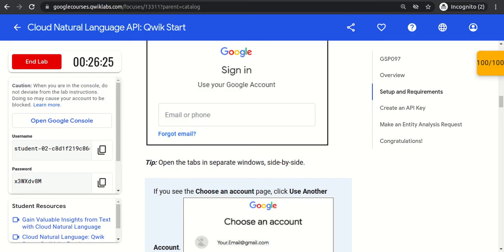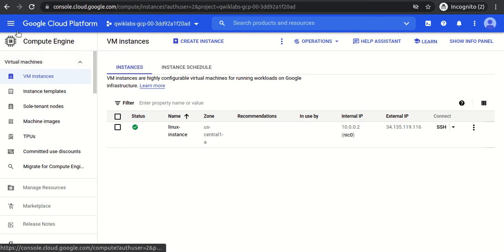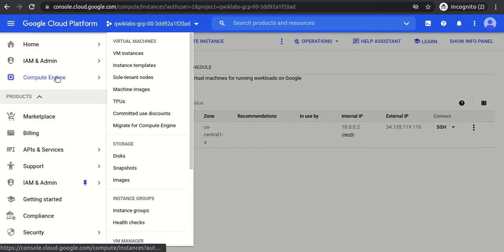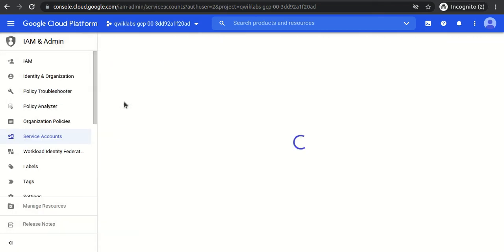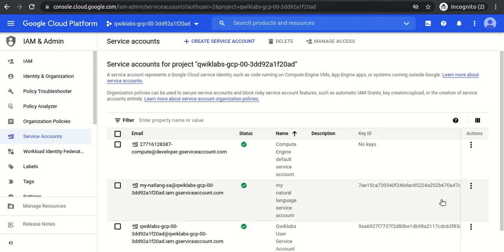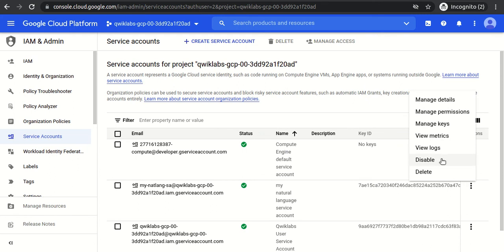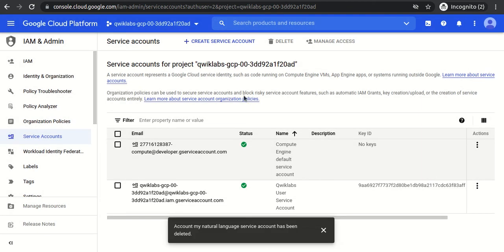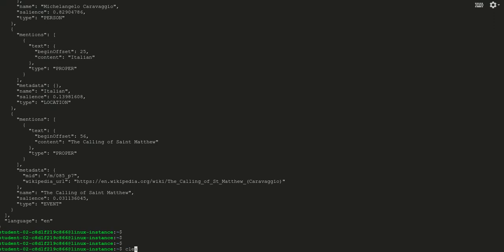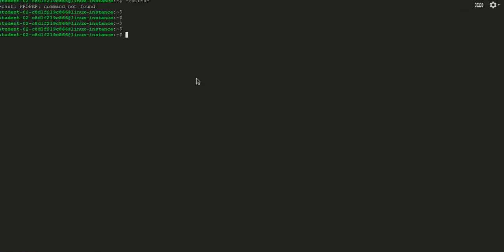And let me remove the service account as well. Let me delete the service account. So now the service account is deleted.